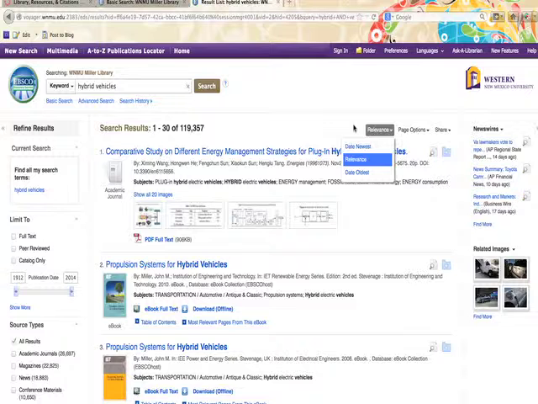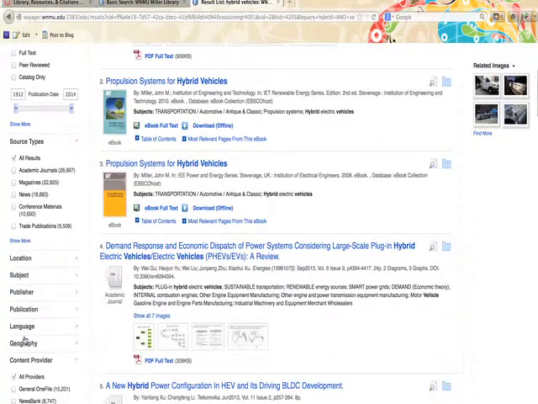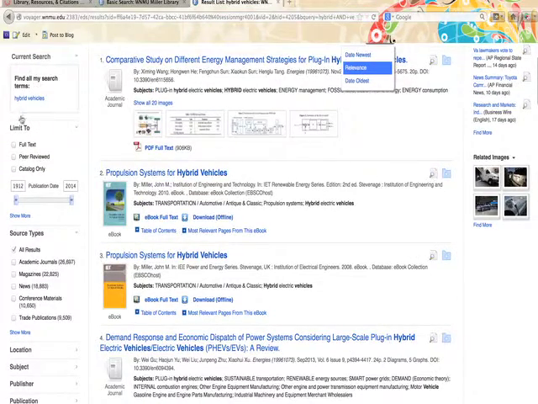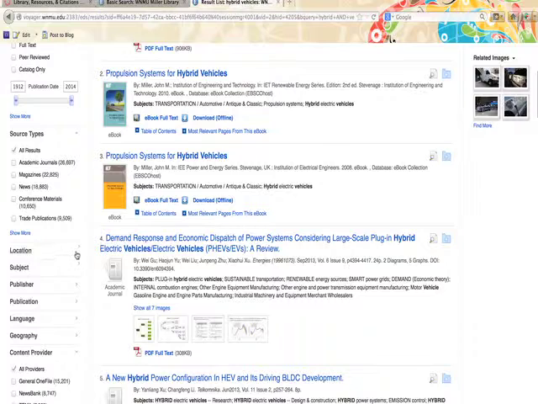And I have the worksheet in front of me to make this easier. So the column on the left-hand side is the refine your results menu. Basically here you can refine your results by doing limiters. So you can select by source type, and these little menus open up to different options, and that allows you to narrow your searches. So on question 3, it's asking you to pick any of these, narrow your results,